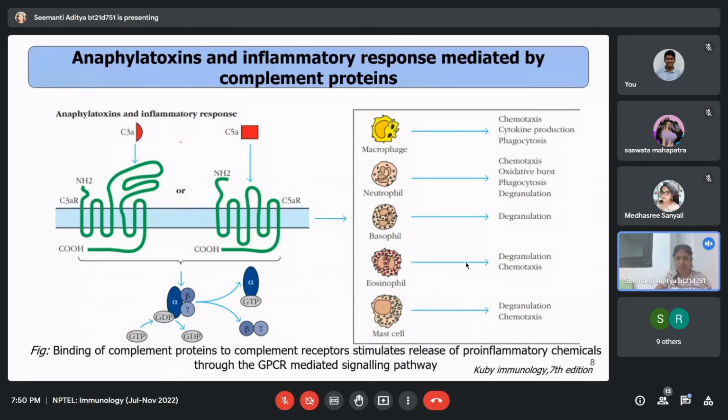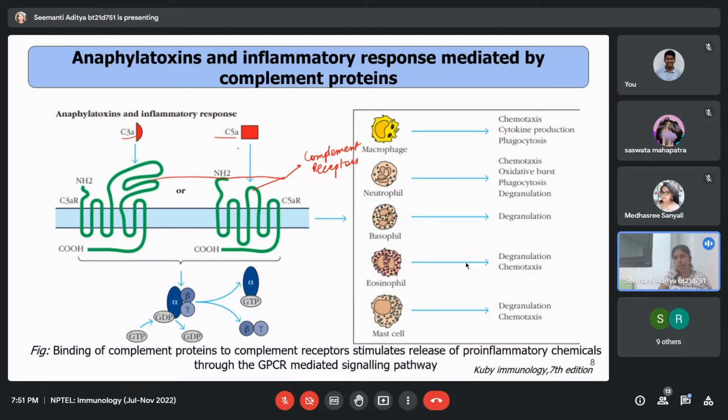Another important function of complement proteins is the anaphylatoxin or inflammatory response. All these soluble portions, C3a and C5a, are the soluble fraction of your complement proteins. They will go and bind to the complement receptors. So C3a binds to the complement 3a receptor. These are complement receptors basically. All these complement receptors bind to all your soluble portions of your complement proteins, as well as the membrane bound portions